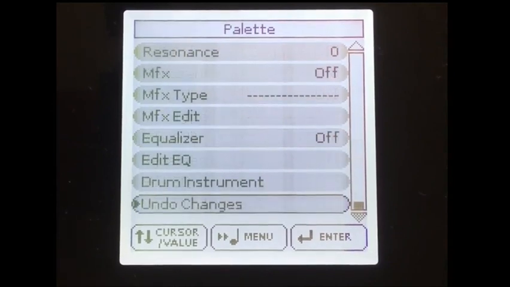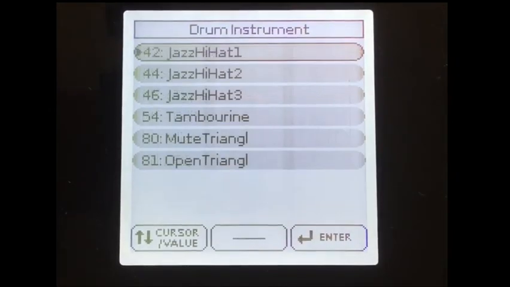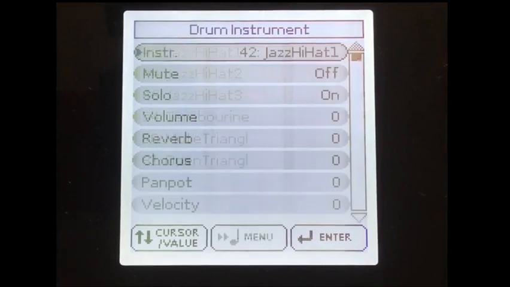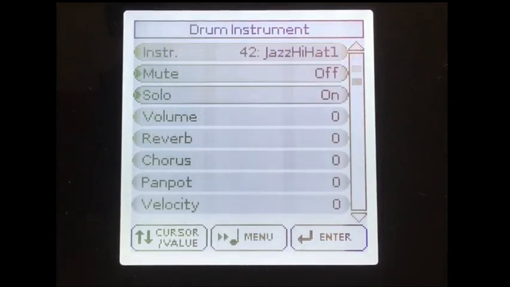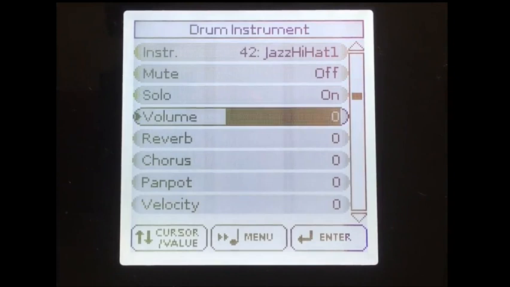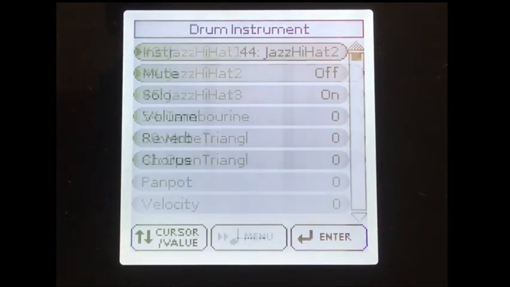Coming down to drum instruments, select, enter into jazz. Okay. Increasing a little bit, exit, coming into it.